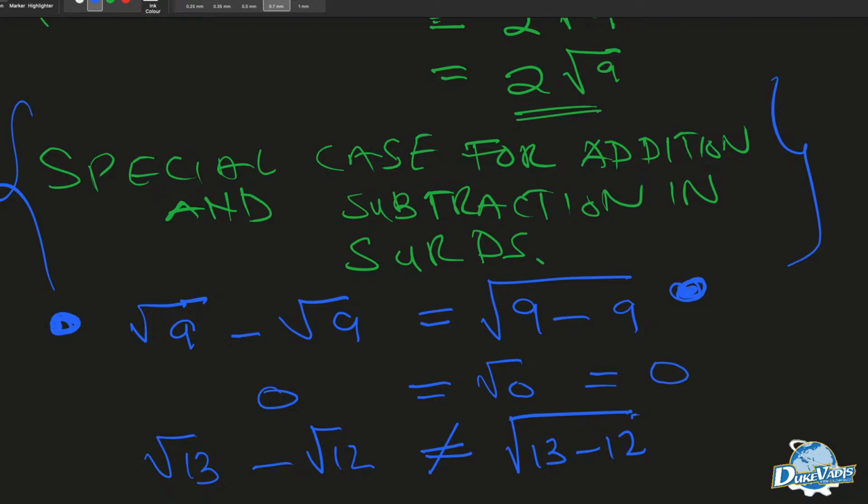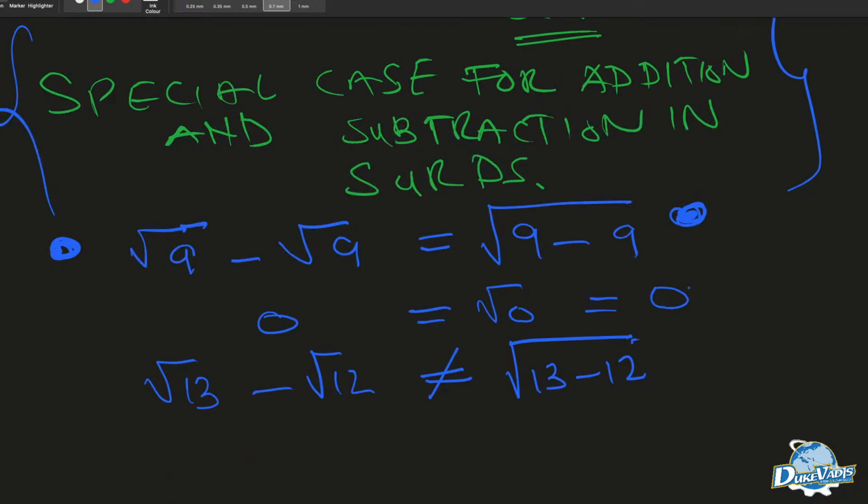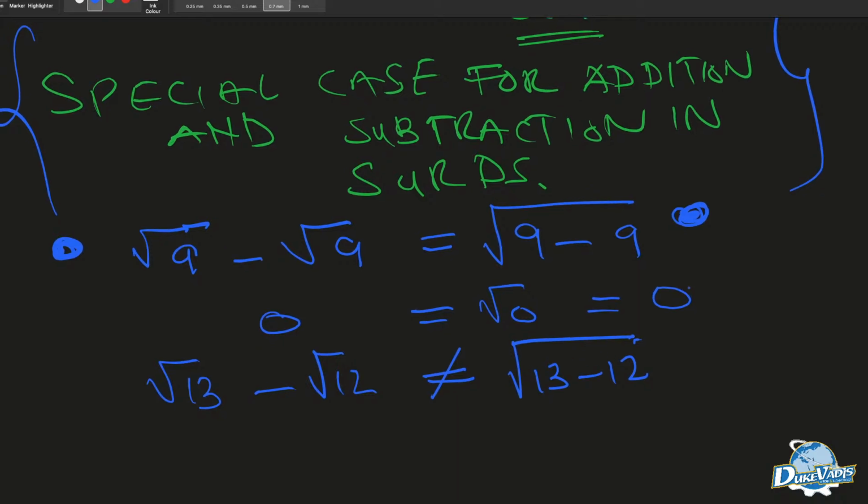Okay? All right. Beautiful. So, it's getting interesting. Yeah? It's getting interesting. I hope you are getting excited with what we are doing so far. As I said earlier, there is no rule for adding or taking away, subtraction. You cannot add surds by subtraction or addition. Okay? Now, that is what I will say. But when surds multiply the same number, the answer is always the number itself. So, for example,